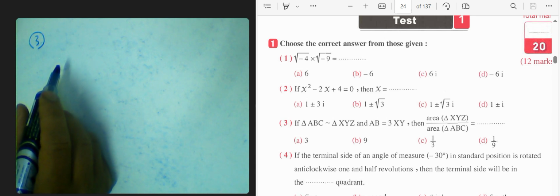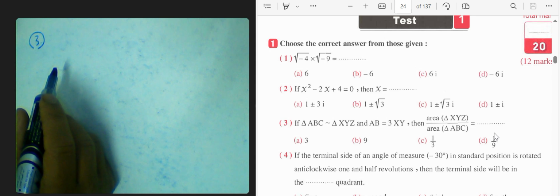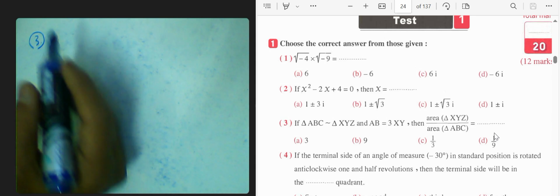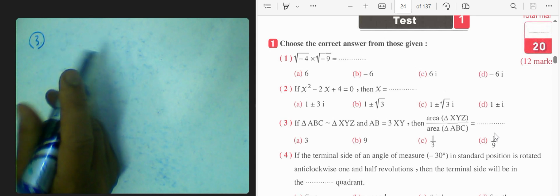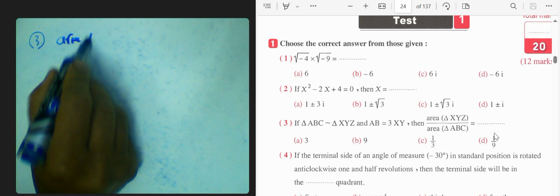Number 3, we have two similar triangles, triangle ABC similar to triangle XYZ, and AB equals 3xy. Find the ratio between the area of the two triangles XYZ and ABC. We can find the ratio of the areas of the two triangles by writing the ratio between two sides, first power 2 and second power 2. Then we can find the area of triangle